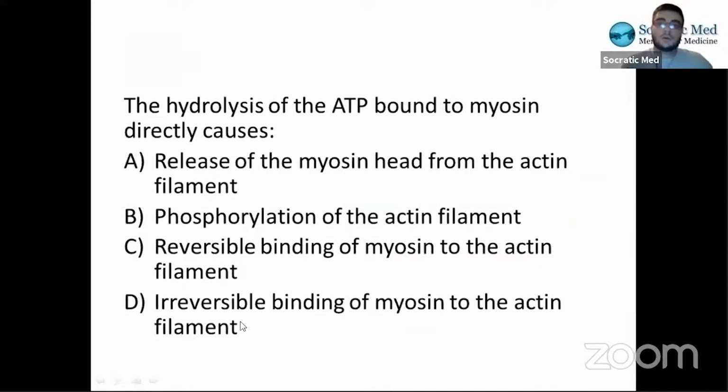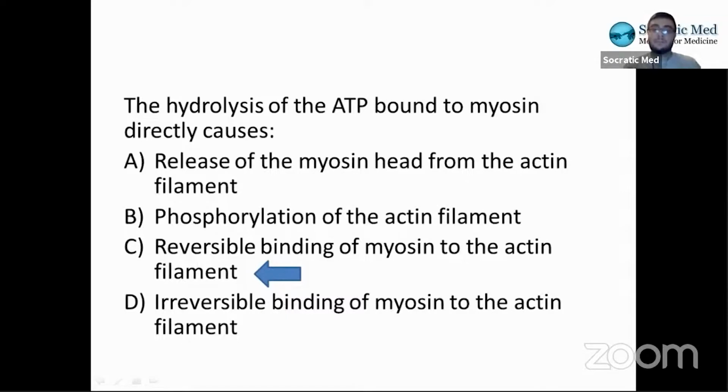Okay, so the majority of you picked A, with C being very close behind, so it's fairly even. The correct answer is actually C. I'm glad that you guys at least narrowed down to both of these are the roles of ATP in the cycle. So both A and B are the roles of ATP to release actin from the myosin head from the actin filament and reversible binding of the myosin to the actin filament.